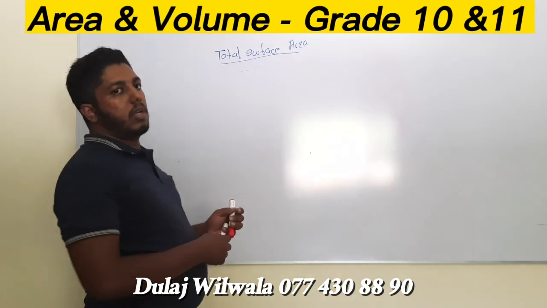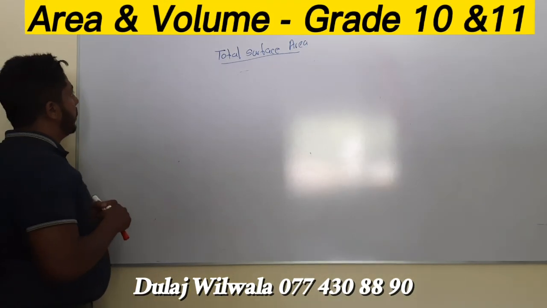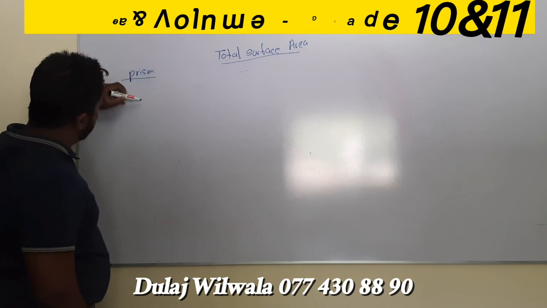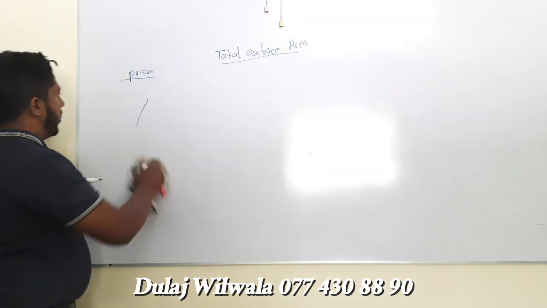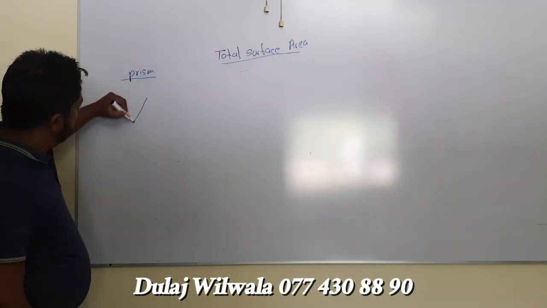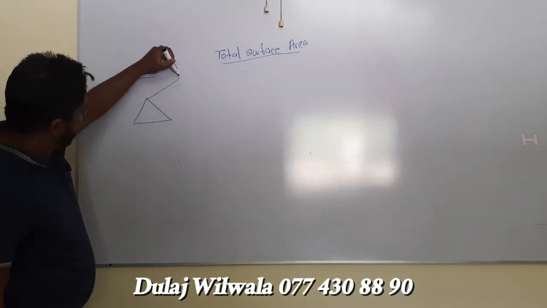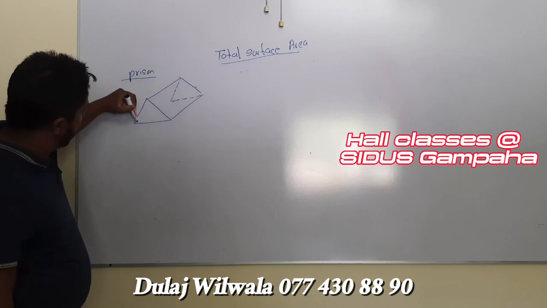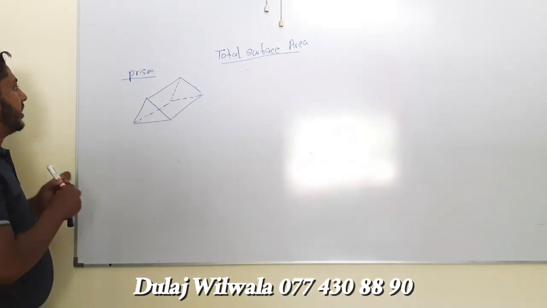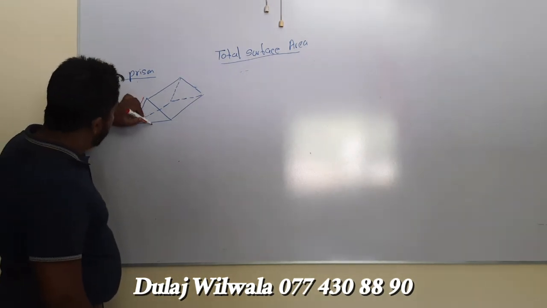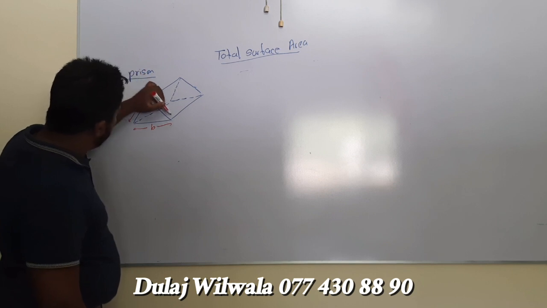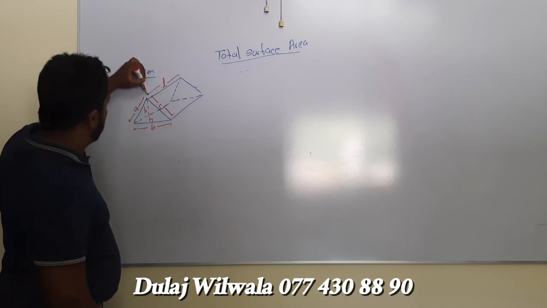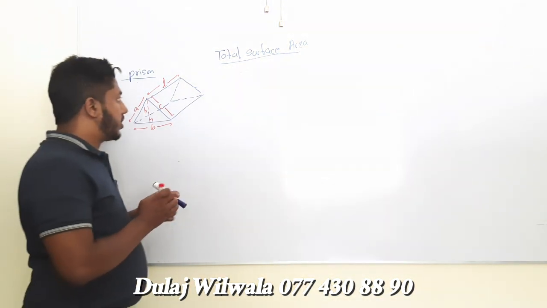Then I go for the prism. If you take a prism, something like this, let's say it has length A here, length B here, and this length is C, and this perpendicular height is H, and this length is L. So here the total surface area will be